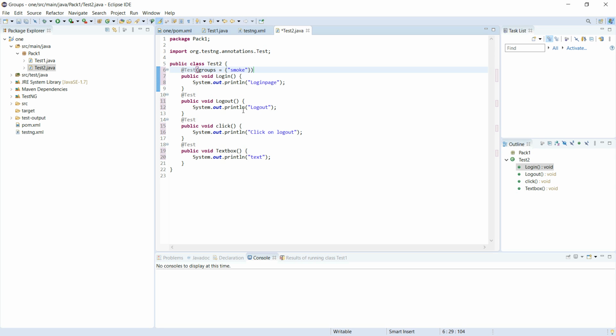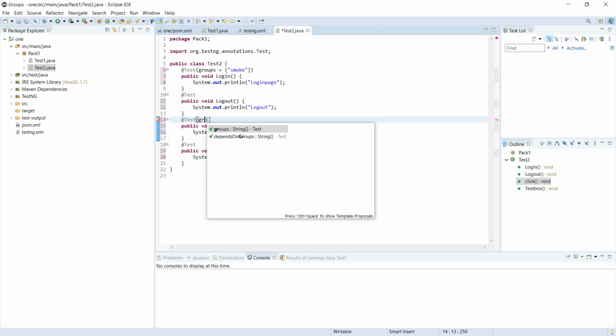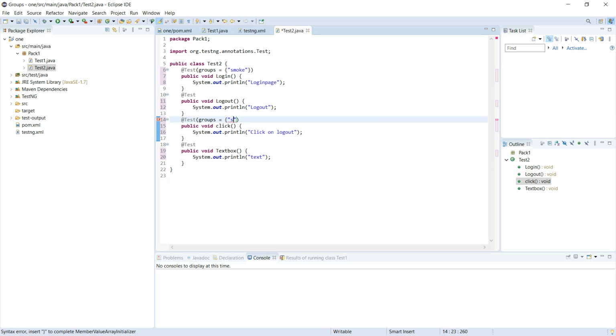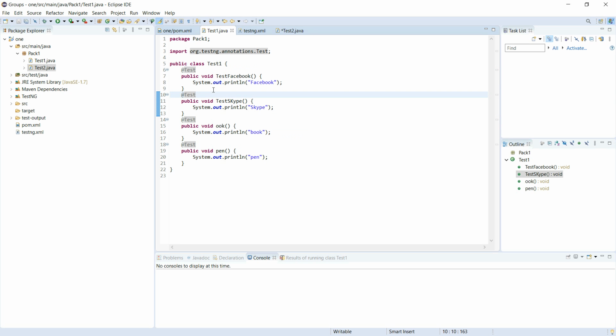And after that I'm creating here also groups equal to smoke, and close the bracket. So in test 2 also I am creating groups.